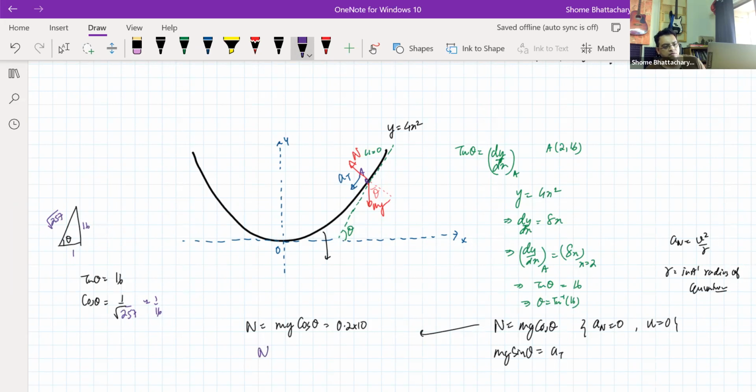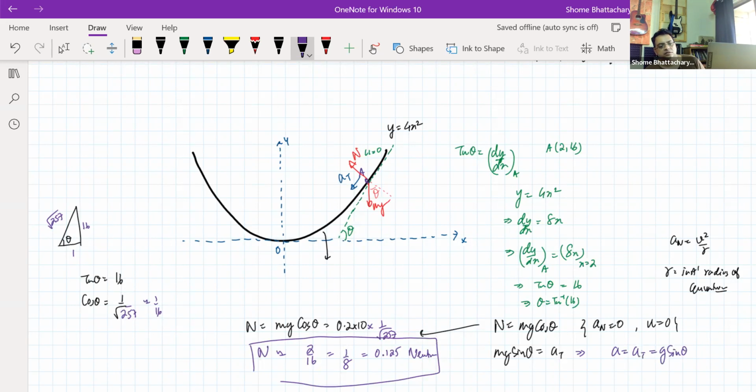So N is approximately 2 by 16 or 1 by 8. And the acceleration will be purely tangential acceleration, which will be g sin theta. So the acceleration at that moment will be 10 into 16 by root